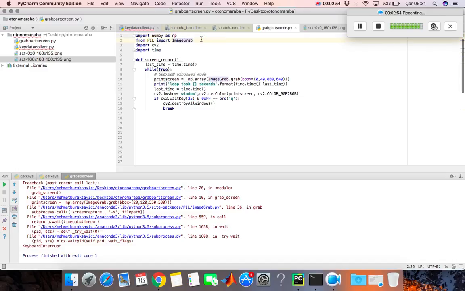And the PIL library is for grabbing the screen. I couldn't write it: Python Image Library. This is PIL, and ImageGrab is a submodule of it, and as you can understand from the name, it's just for grabbing the image. We have a function called screen record,